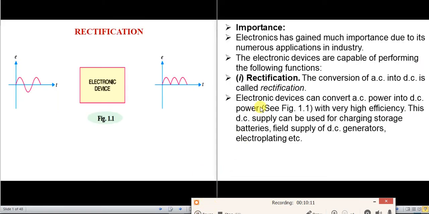So what is the use of this DC voltage? This DC voltage is used for all the electronic devices. Every electronic device works on DC voltage only. And of course they have batteries as a backup, and these batteries are again DC. So to charge them we require again the DC voltage or the DC supply.